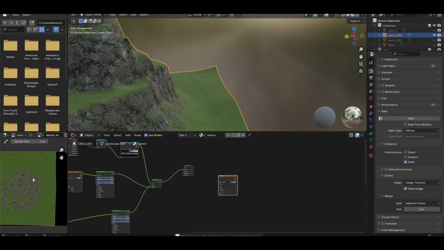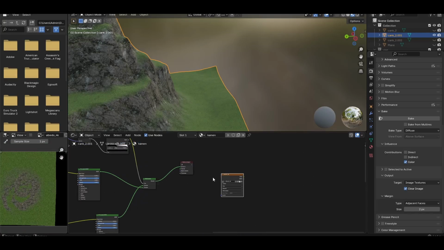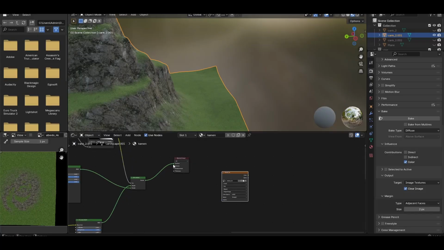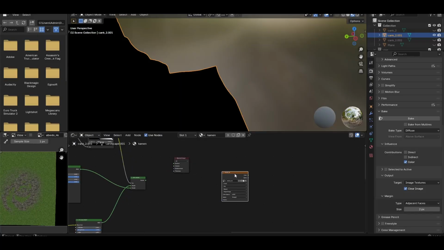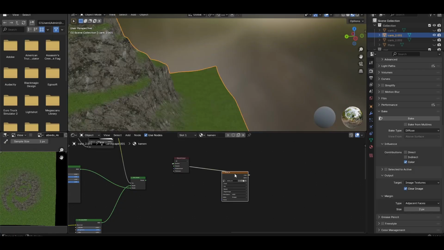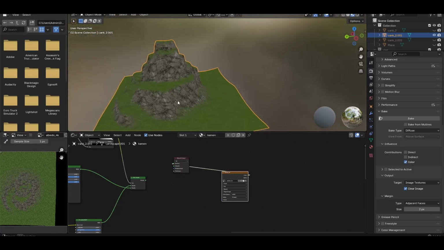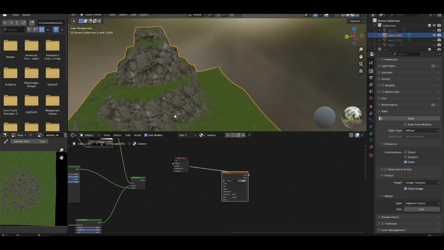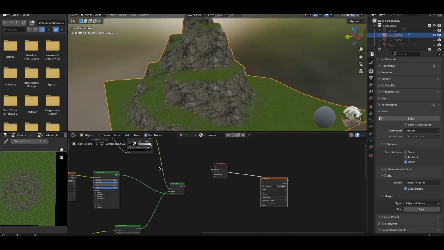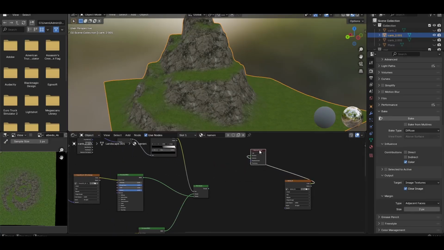And here we have our image. I will just plug my image. You save your image, do not forget it, image save. And now I will plug my image into the material output. You can hold Control and Shift and click on it, and you see here we have our image. And when you are finished, when you have your normal and baked and everything, you just copy this node